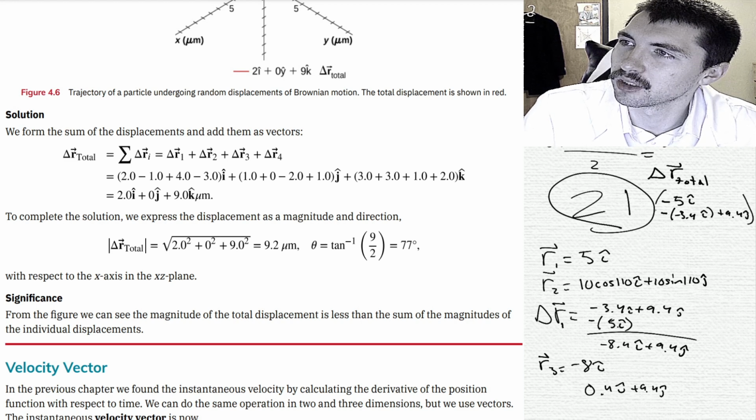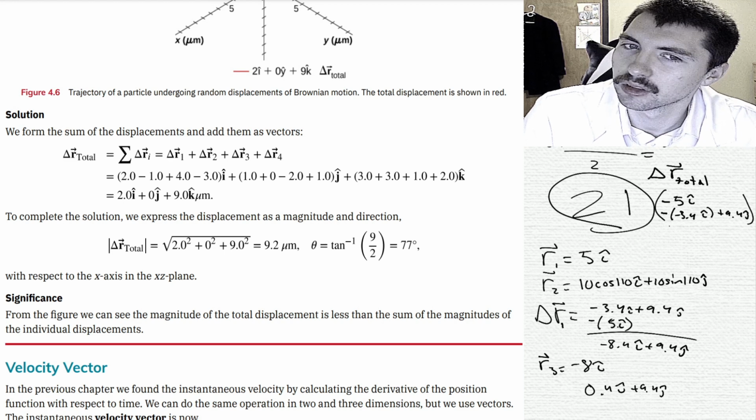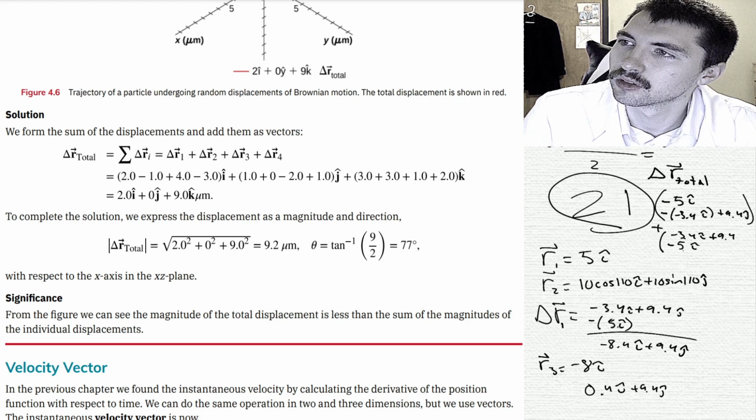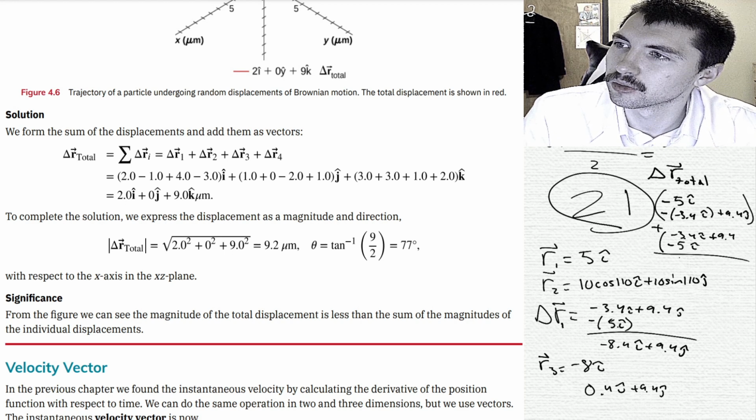Okay, so this might be delta R2. And then we're adding this to this minus 5. Okay, so